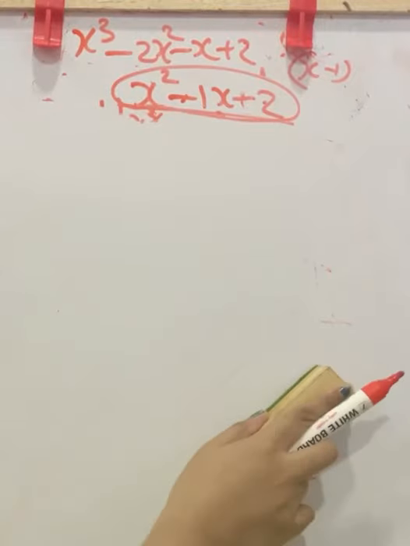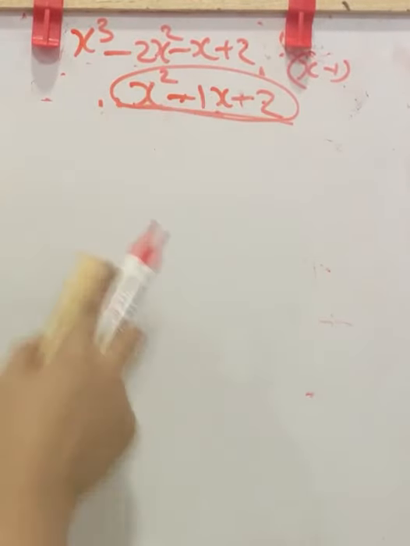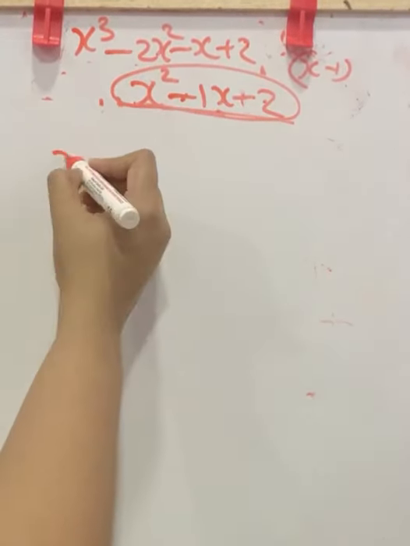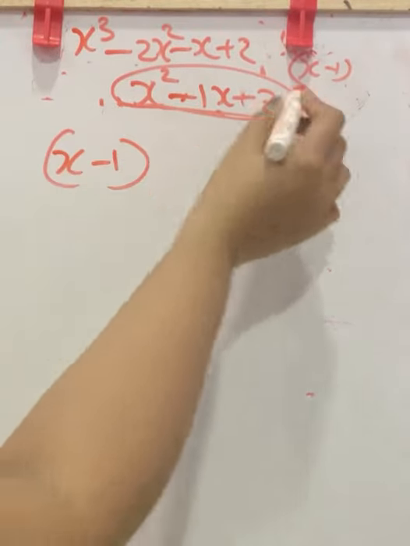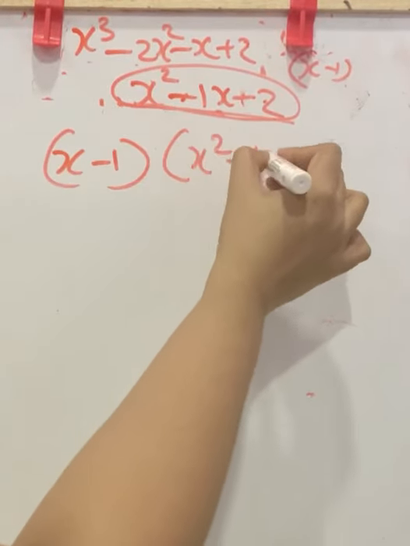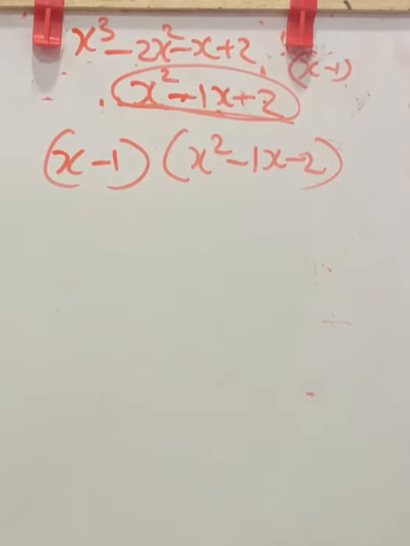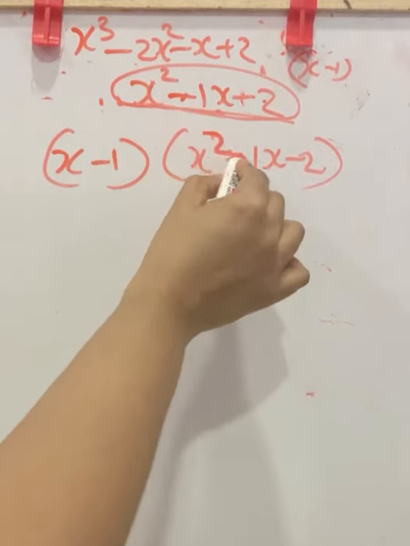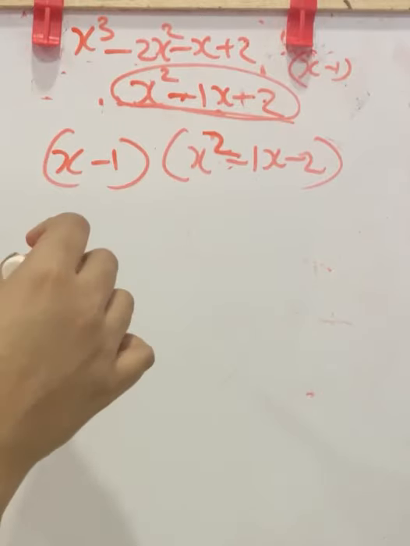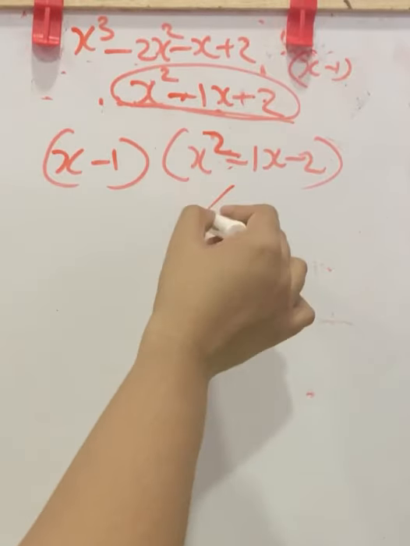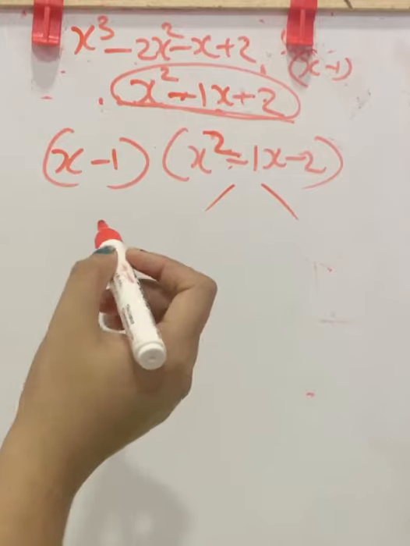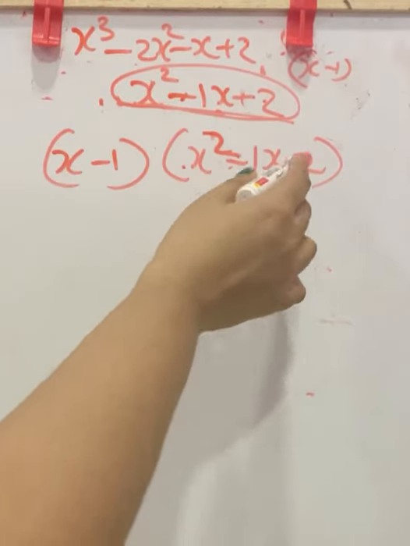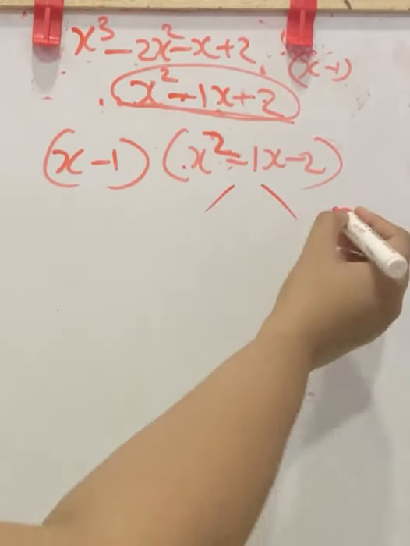Now this is a quadratic polynomial. That is, we get x minus 1 is a factor and the other factor is a quadratic polynomial. But we need all the factors in linear polynomials. So for this polynomial, we are finding the two factors because in a quadratic polynomial, there will be two factors. Using the middle term splitting method, we are finding the other two factors here. So this is ax square plus bx plus c form. So we have to find a into c.